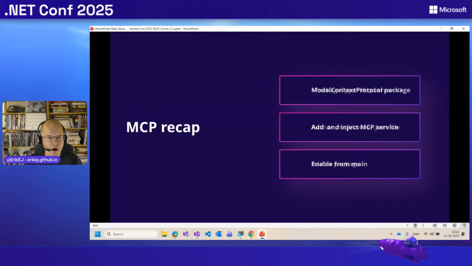line tool. And then in order to publish it as an MCP server, we need to make it a package type of MCP server. We need to author the .mcp/server.json file. And then we need to add the MCP server JSON file to the package. That's all these 6 steps. That's all you need to do to get started by making your command line tool useful as an MCP server.